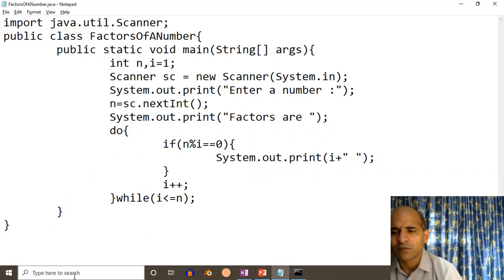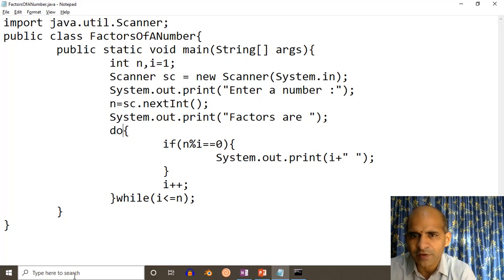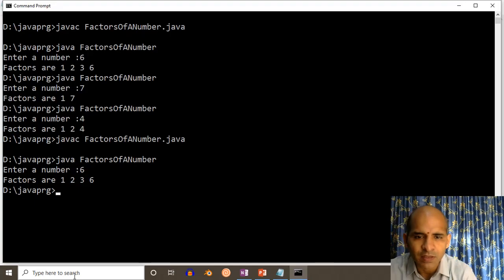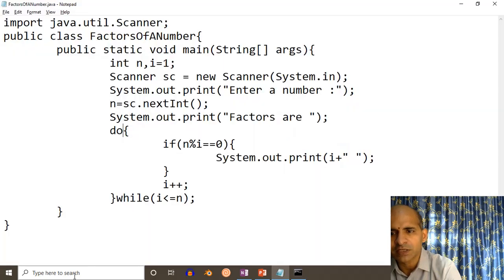So next what we want to do, as we already know how to display the factors, now our job is to count the number of factors. So how many factors are there? If I go to this output screen, for 6 the number of factors is 4. So here we don't want to display the variable, we want to count how many there are.